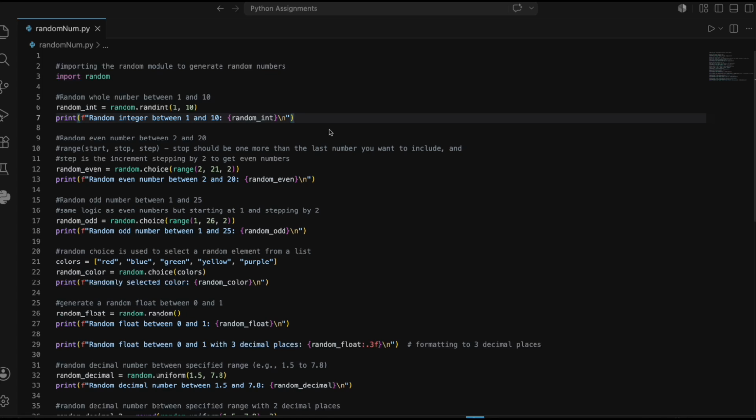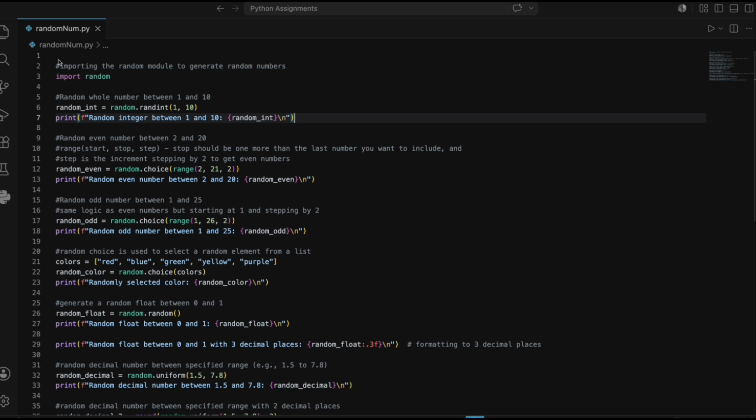Hi viewers, today we are going to discuss the random number. Again on that, how we are going to work on different types of random values, especially to create the random number, how we are going to work on float, decimal, even and odd numbers. So we will see all the details, and for that I already created a program in Python using VS Code,